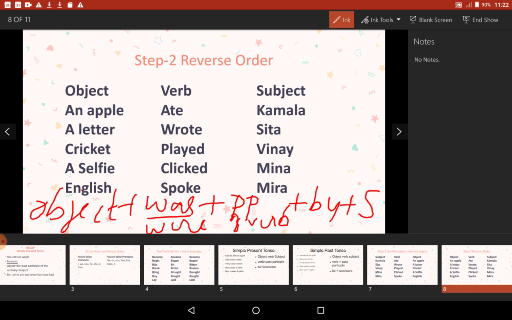You very easily can arrive at passive forms of both simple present tense and also simple past tense by using this method. Now, it is very simple. If we follow this method, you just have to be very careful to change the verb to its past participle form, and in case of simple present you have be forms is, are or am.